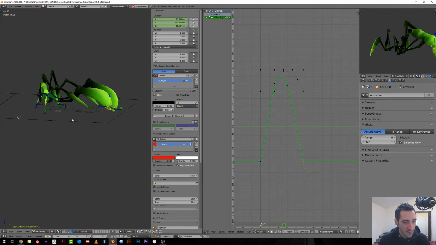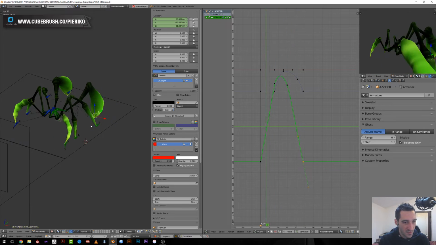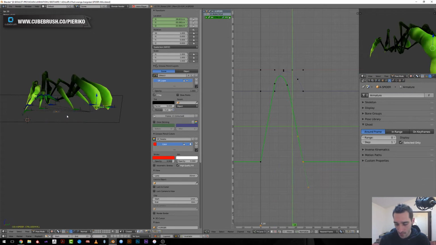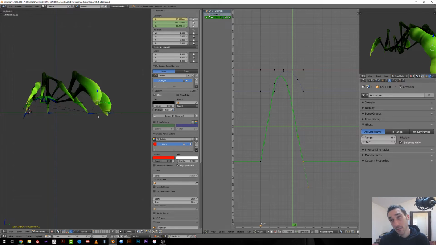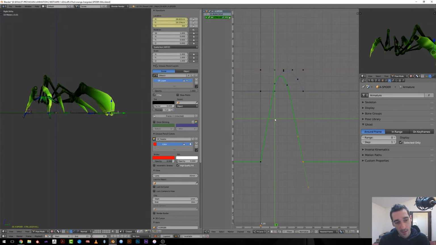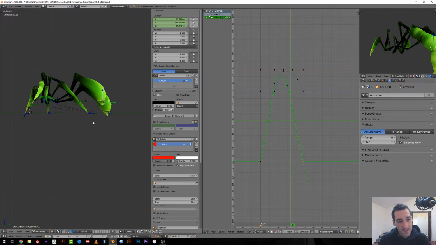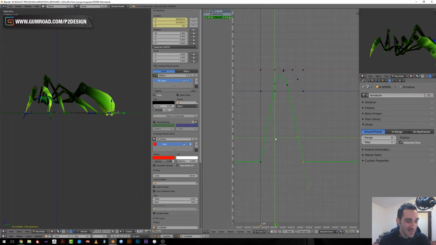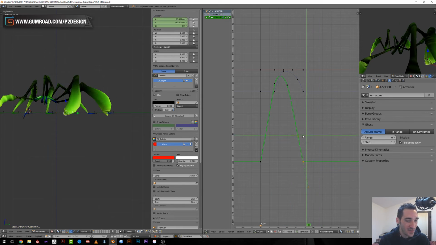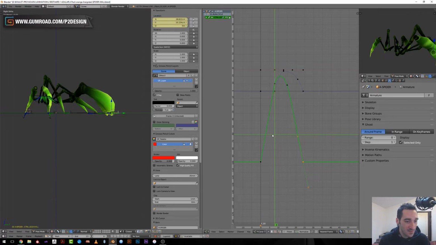So I think we have a decent loop here of movement. And I will start offsetting it. So what I will do is that I will offset the, I don't know yet. I will try to find a rule to offset them, but I believe that I should offset by half the front and the rear leg,